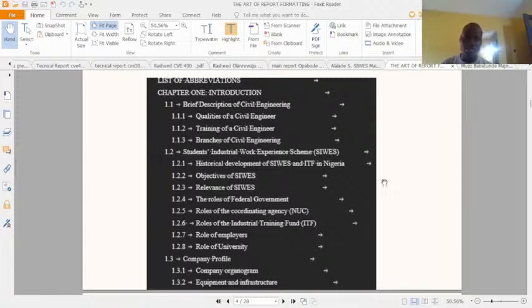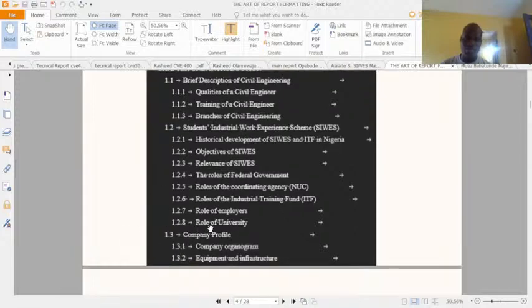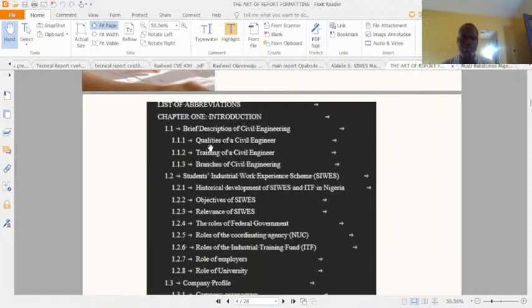So CWES, historical development of CWES, company profile, and so on. So you can actually list your own also like that. And then when you are making listings, you see that heading 1 is in this position, heading 2 recedes inside by one tab, heading 3 by another tab. So heading 1.1, you see it is entered inside by one tab,